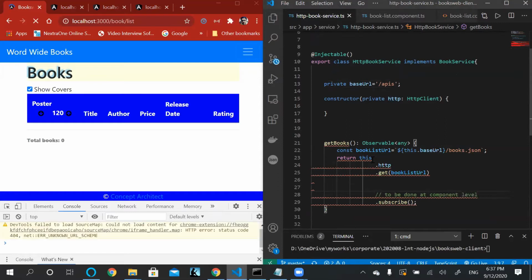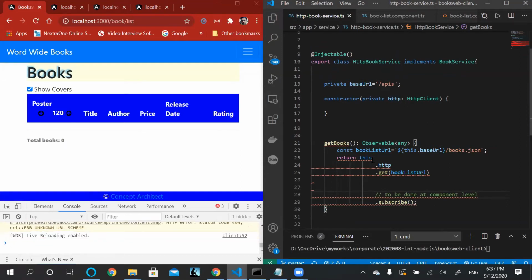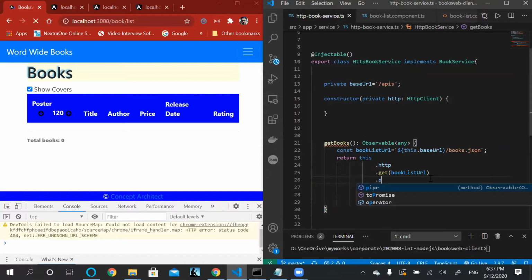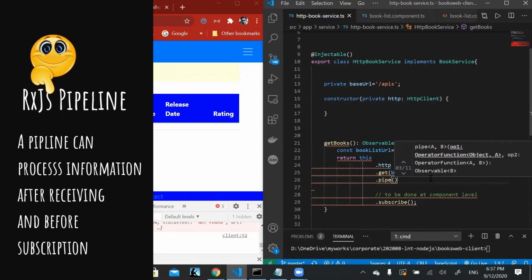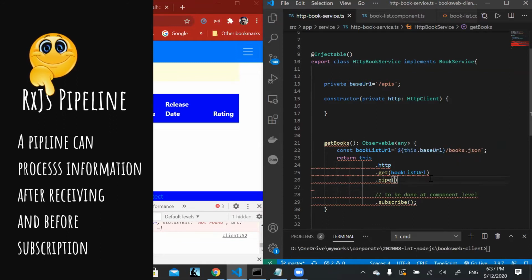So what we are subscribing here in this application is the exact data which we are getting from the service, and assuming that server will have a data to provide and the request will be successful and data will be exactly what I need. But if these preconditions are not met, you can pass the output of this get through a series of commands which we can write in a pipe before finally subscribing to it.